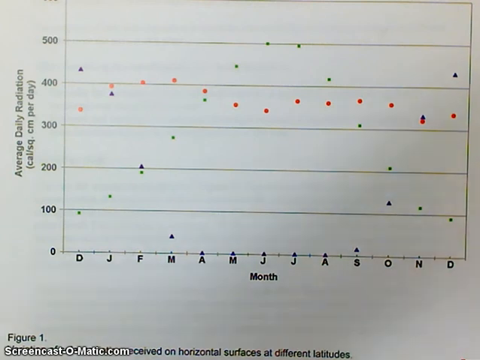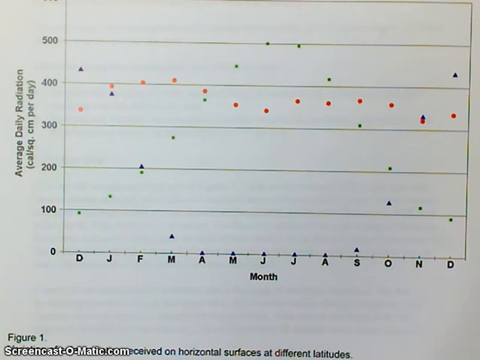And if you'll read and follow along with me, even though I've got the graph up here, I'm still on page 1. It says, examine the accompanying graph of figure 1. Data points plotted on the graph represent measurements of actual solar radiation received daily on a horizontal plane at Earth's surface, averaged over each month, at near equatorial, which would be the Singapore location. So Singapore is near the equator.